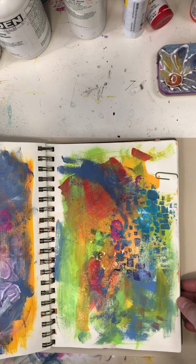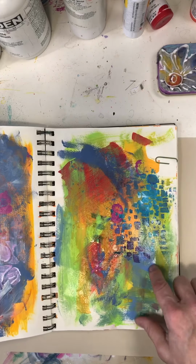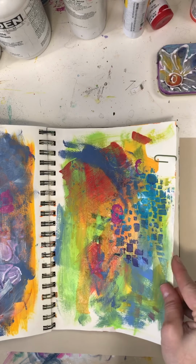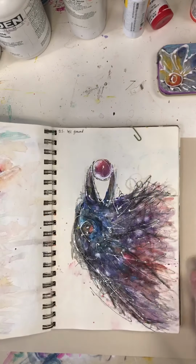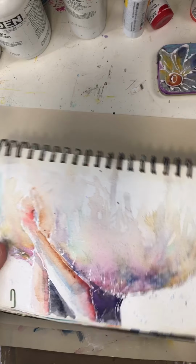Again, leftover paint. I will not waste paint, and so when I give classes, when I do little demos, any leftover paint, I put it on my papers, and then it'll serve as a nice backdrop for something else. I think I mentioned earlier that I took that class from Bev